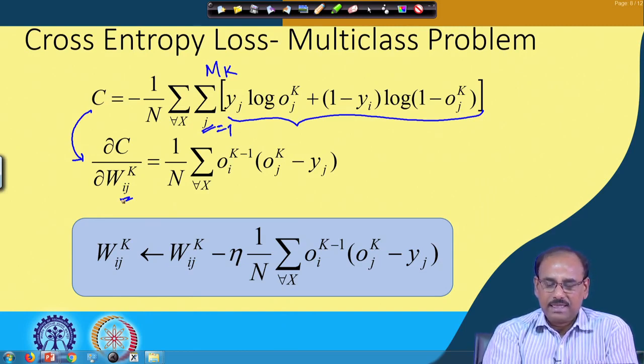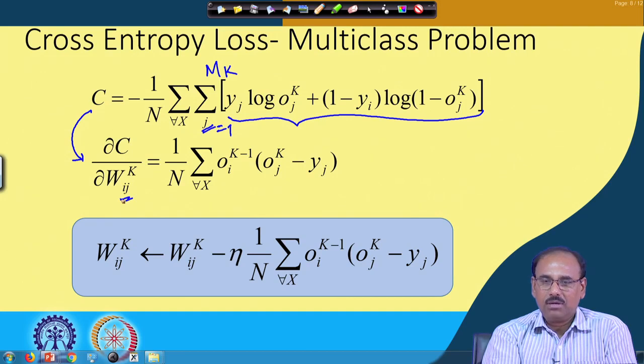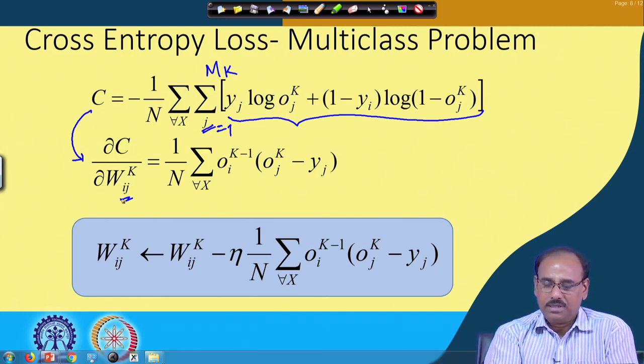I compute del C del Wij, and as before you can verify that the output will be 1 upon n summation of Oik minus 1, where Oik minus 1 is the output of the ith node in the k minus first layer. So, it is the sum of Oik minus 1 into Ojk minus Yj, and you take the summation over all j and take the average. Accordingly, your weight updation rule using this cross entropy loss function becomes Wij getting Wij